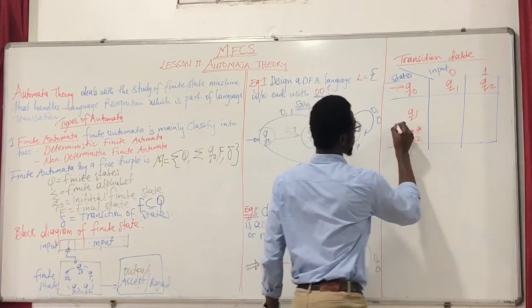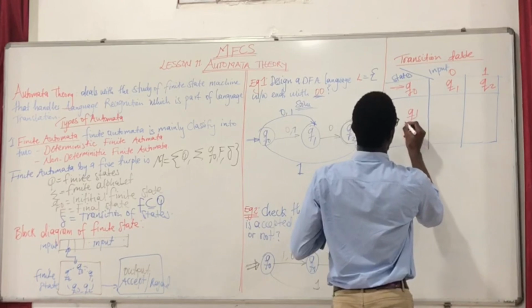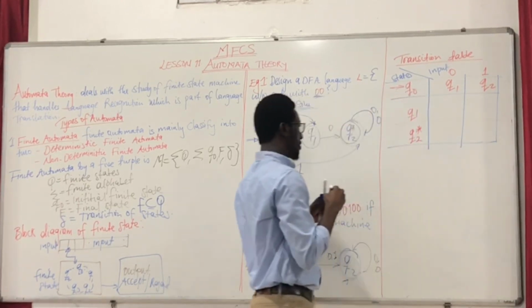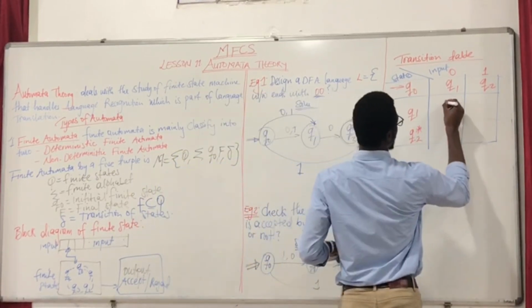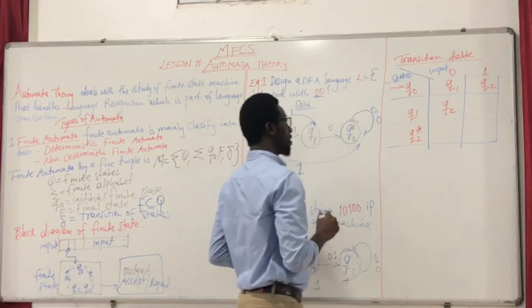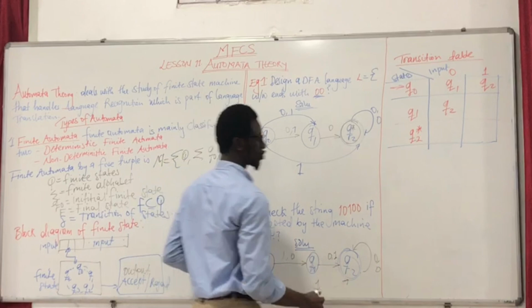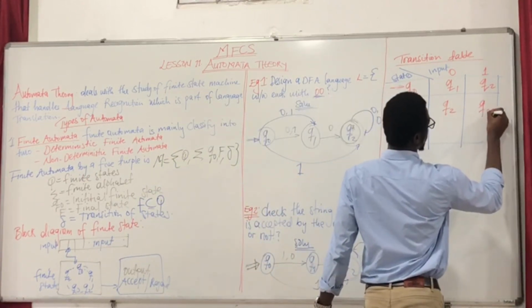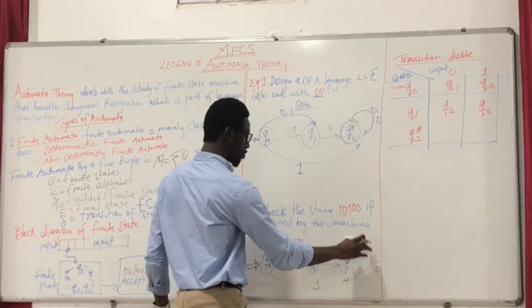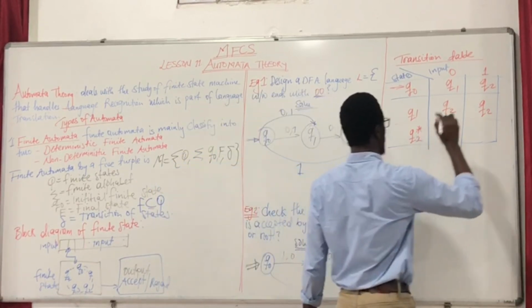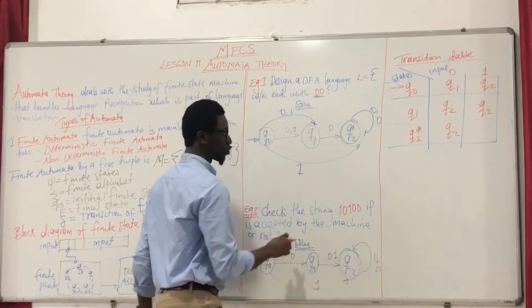Then Q1 0 here is Q2 again. Then Q1 1 is Q2. Then we check again Q2 0, which is Q2. Then Q2 1,